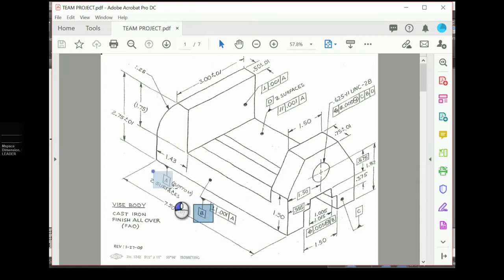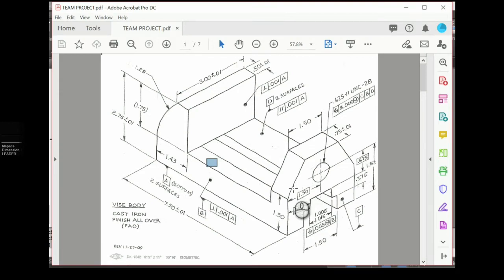So we have datum A, which is the two bottom surfaces of the part, datum B, which is the front face of the part, datum C, which is the right face of the part, and datum D, which is two surfaces. That's this surface and this surface that the jaws sit on while the part is in its working position.